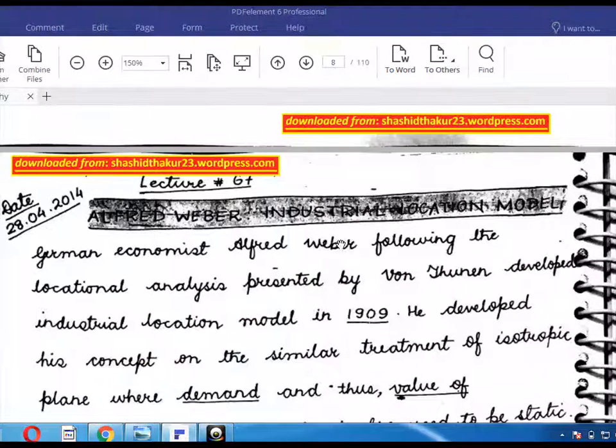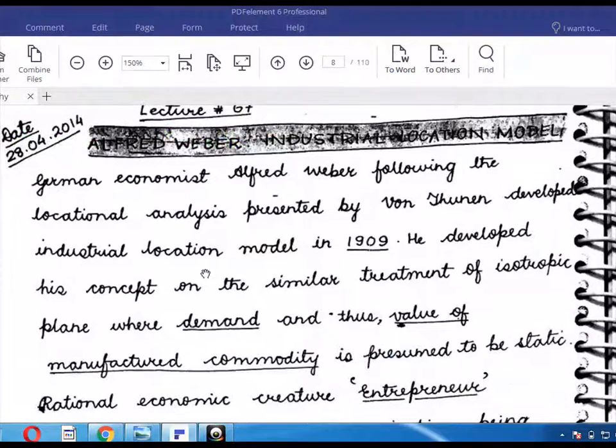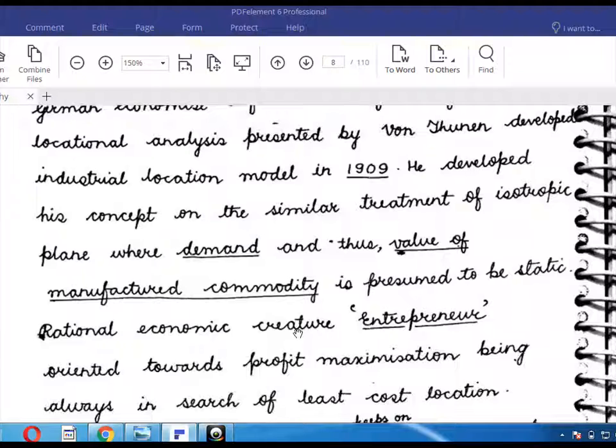Now we discuss Alfred Weber's industrial location model. German economist Alfred Weber, following the locational analysis presented by Von Thünen, developed the industrial location model. In 1909, he developed its concept on a similar treatment of an isotropic plain, where demand, and thus the value of the manufactured commodity, is presumed to be static,